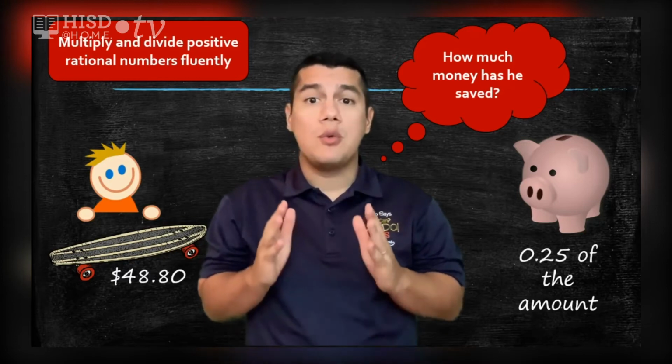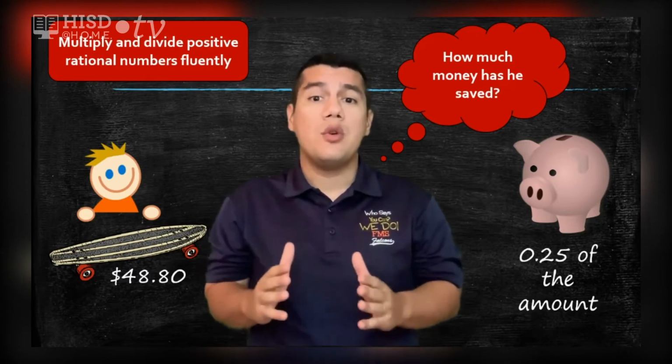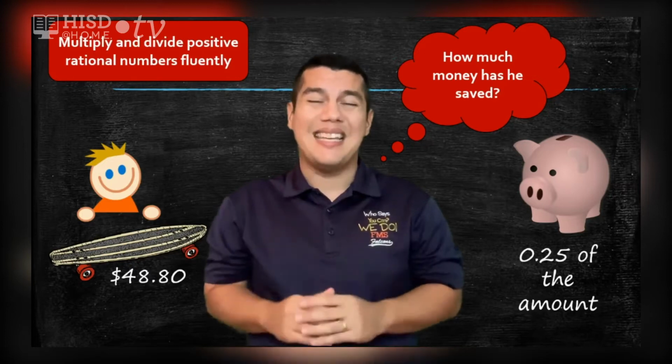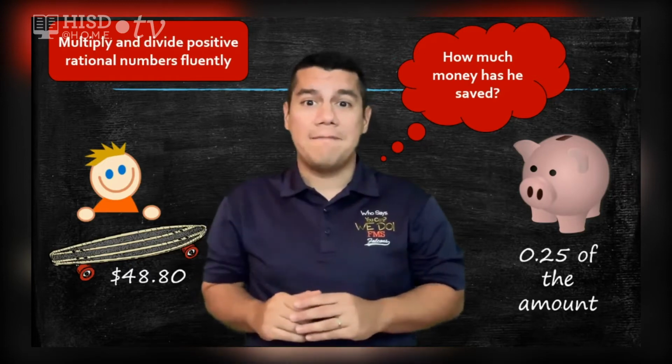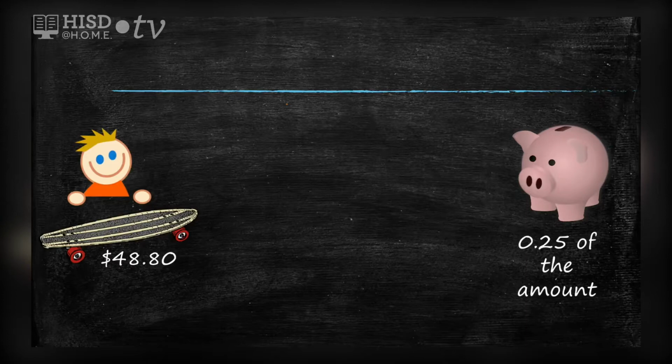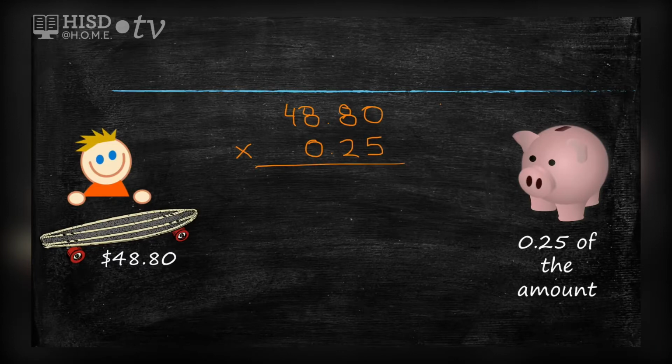And in order for us to answer that question, we need to know how to multiply decimals. So let's get started. We'll start by multiplying our two numbers. So I'm going to multiply the $48.80 times the quarter that he has saved, which is 0.25. And it's very important that we know that when we're multiplying decimals, we are multiplying as if there is